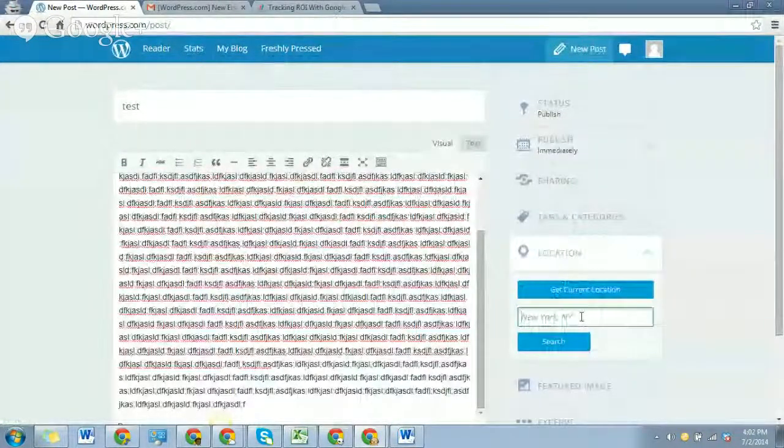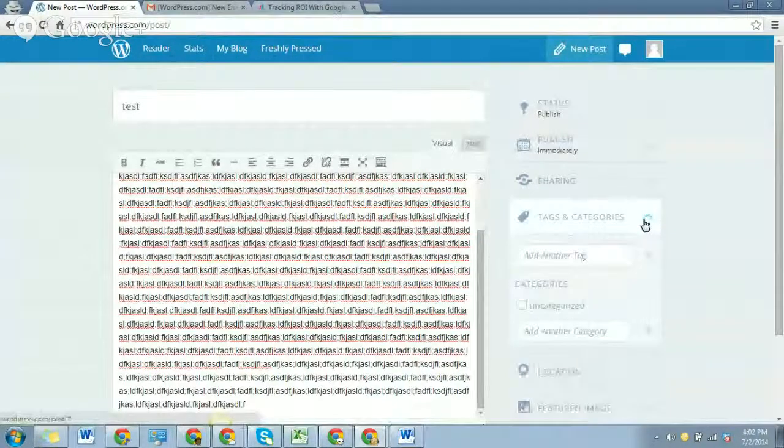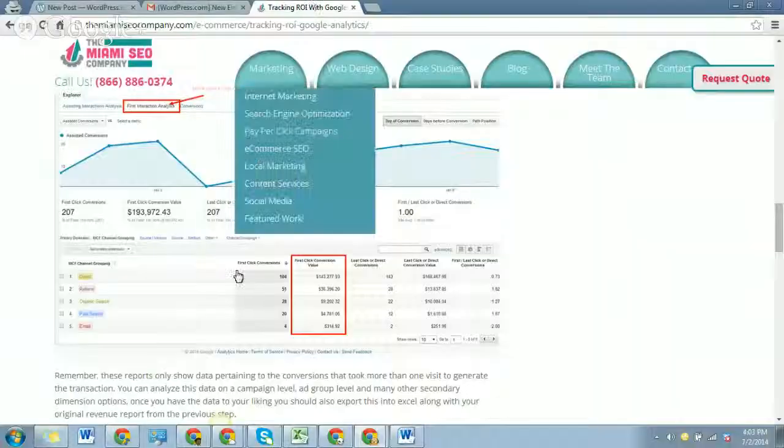Location, if you do mention a city, just enter the city and the state here. If not, don't worry about it. Tags and categories, you don't have to worry about for now. In the future, if you do start writing about a lot of different things and you have a lot of posts piled up, you can start to segment your posts by category so that you can keep things organized. So, for example, if I go to